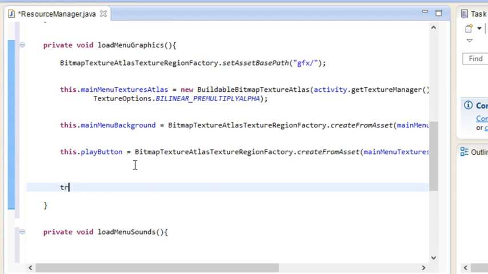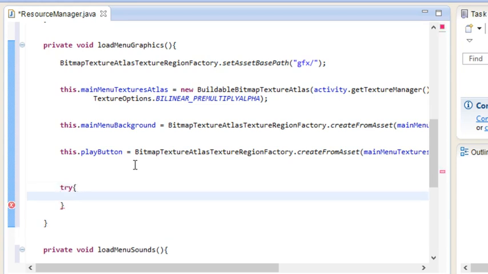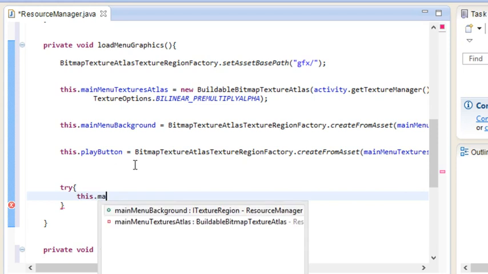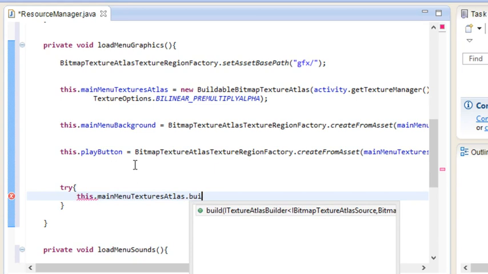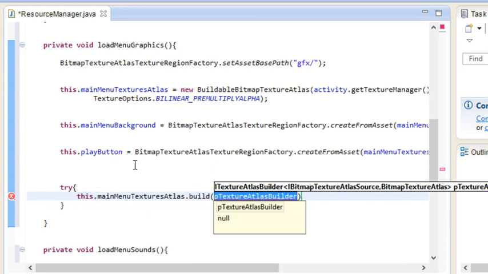We're just going to do try, and inside of this is going to be main menu texture atlas, and we're going to do build, and this is going to be new BlackPawnTextureAtlasBuilder, and add some greater than, less than signs, IBitmapTextureAtlasSource,